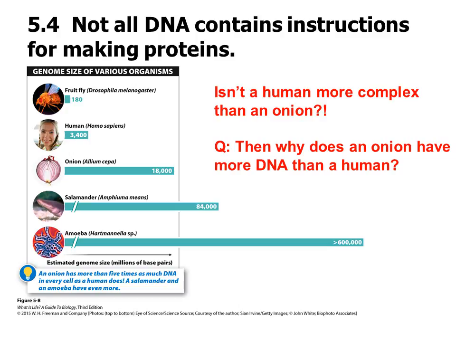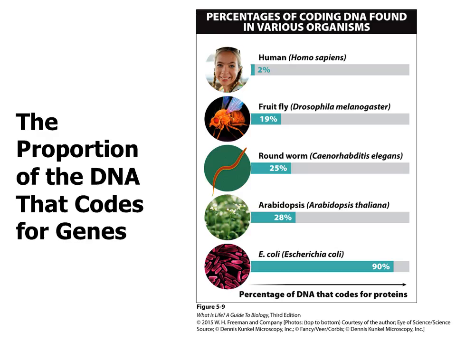So why does an onion have more DNA than us if DNA amount, if genome size that is, does not relate to the complexity of the organism? That's because it is the proportion of DNA that codes for genes that matters, and this also has a lot to do with evolution. We'll get to that later. So older species are less complex, but they have had more time to accumulate extra DNA that isn't necessarily coding for genes. Okay, so remember, genes are the things that actually